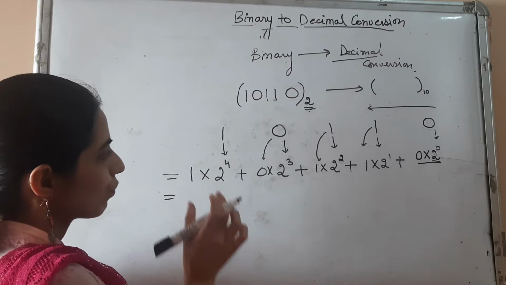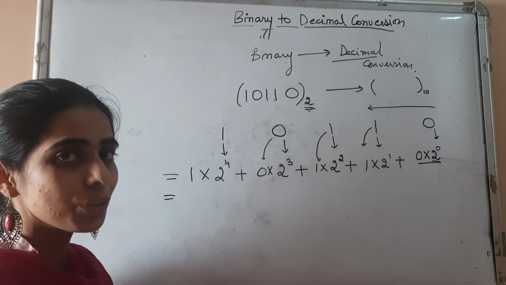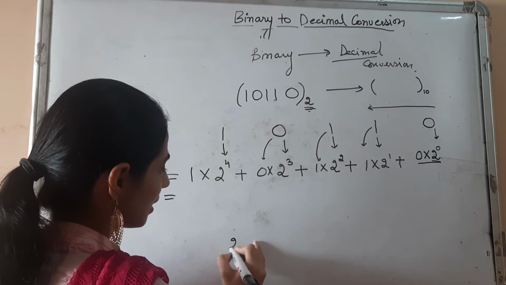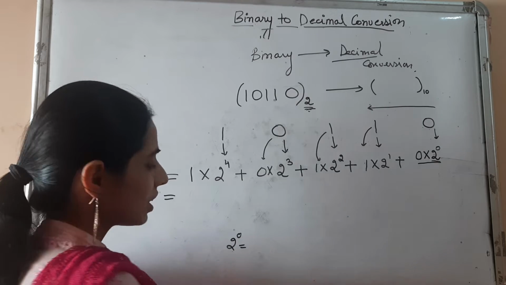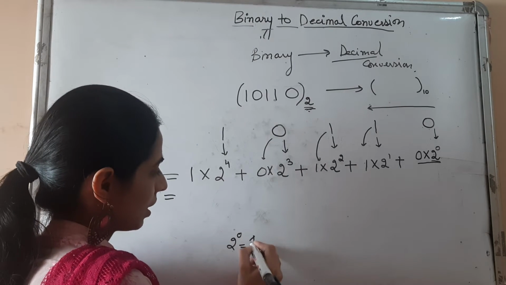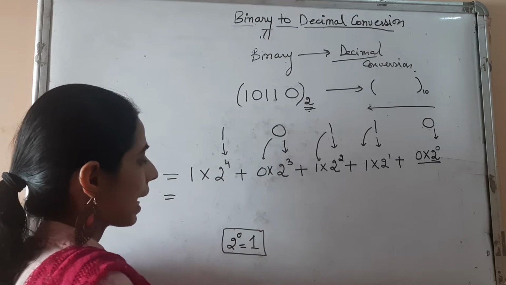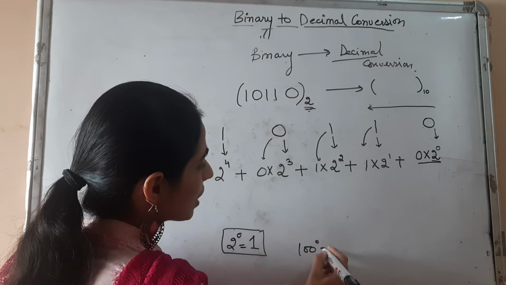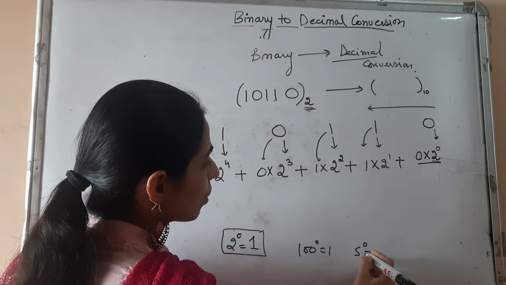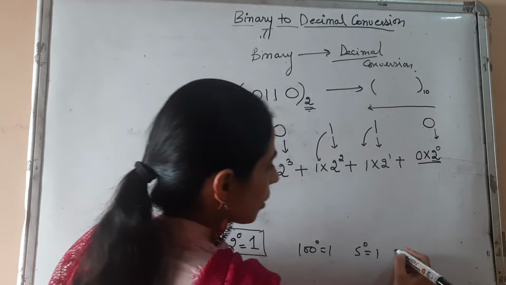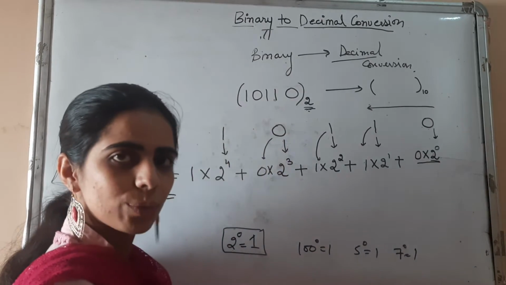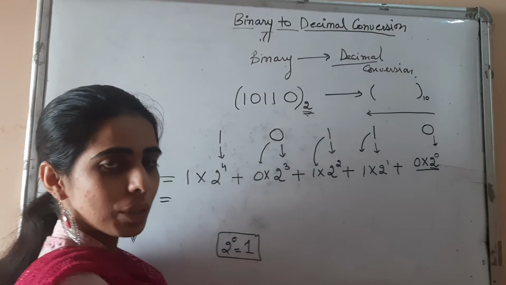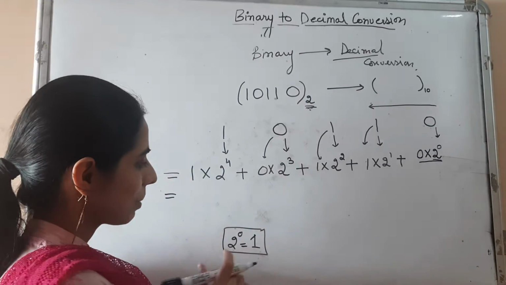Firstly, begin from here. Children, you should know what 2 to the power 4 means. To be quick in your calculations, this should be very clear. See, 2 to the power 0 always means 1. You all make a mistake here. Any number to the power 0 is always 1. If I say 100 to the power 0, it is also 1. 5 to the power 0 is always 1, 7 to the power 0 is 1 only. So always remember 2 to the power 0 is 1.